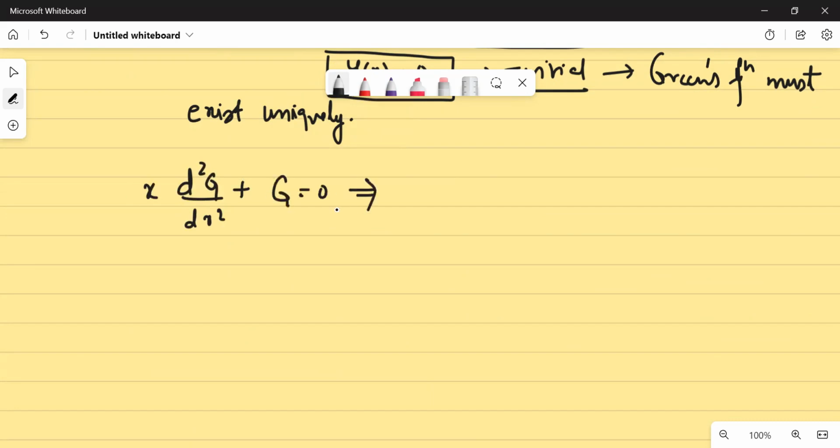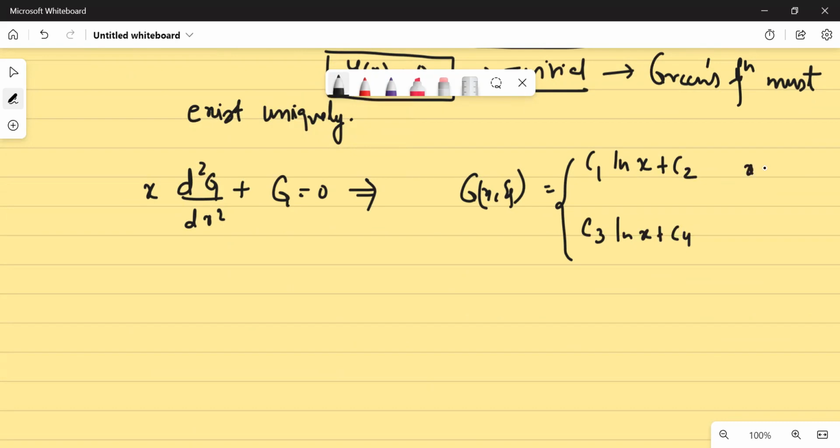So if it satisfies this differential equation, your G(x, zeta) should come out as C1 ln x plus C2 and C3 ln x plus C4. Your x lies between 0 and zeta, sorry, and your x lies between zeta and L. Is that clear? So if I try to solve these, now the first boundary condition suggests that your